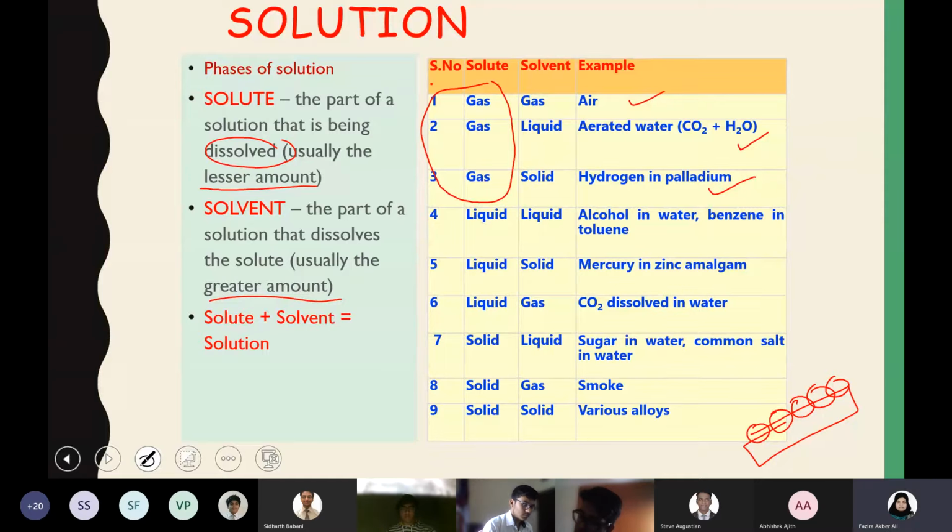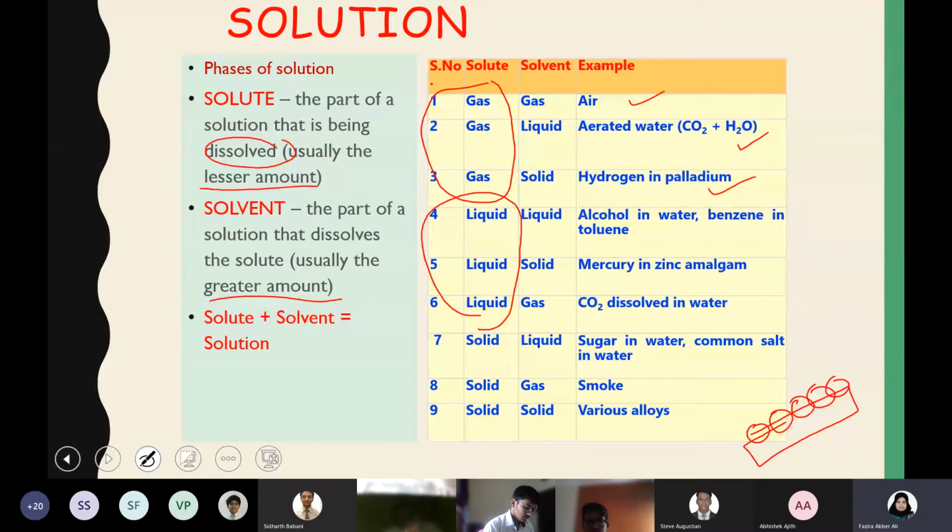Fourth, fifth and sixth: you can see the liquid is taken as a solute that is less in quantity. The first type is where both solute and solvent are in liquid state, and you can find examples such as alcohol in water and benzene in toluene, where both the liquids are completely miscible. But if you take oil and water, that is not a solution because it's not distributed homogeneously. They will not mix; they remain in two different layers. So such liquids can't be considered a solution.